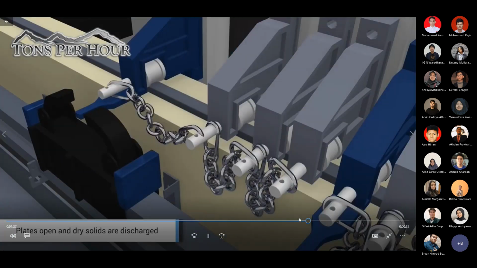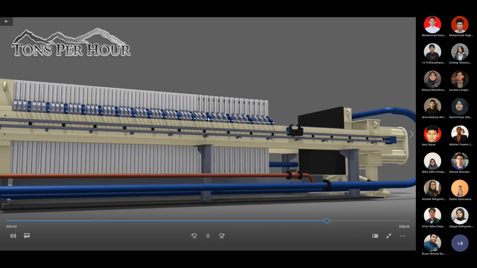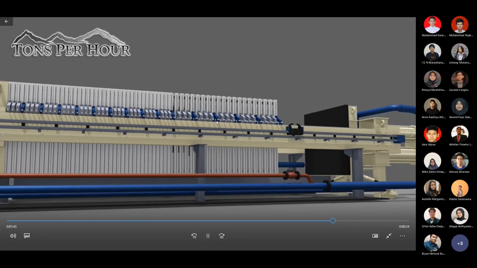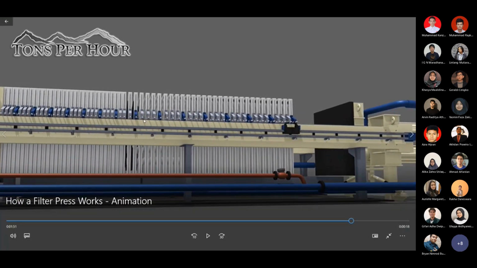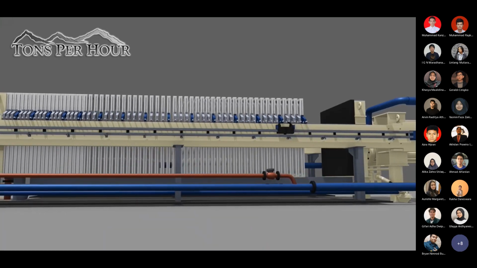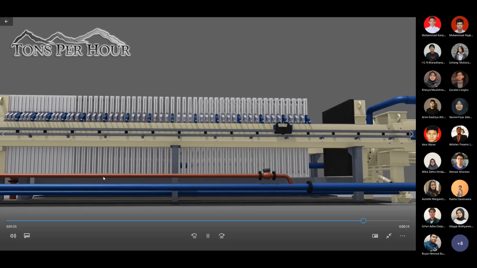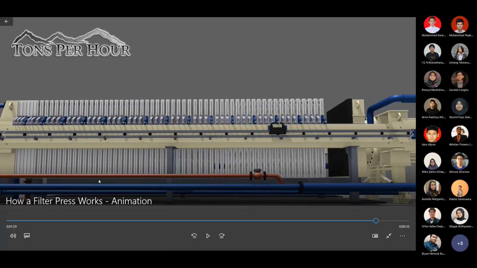That's when you loosen up the plate and clamp, and all of the solids are still trapped inside the plate. You can see the black line over here. Some of the solid falls down to the bottom. The water already exits the system, all of it. Now we open the filtration to remove the cake.